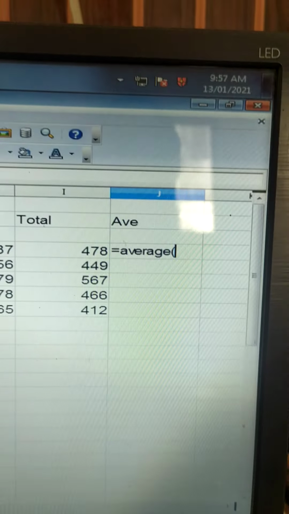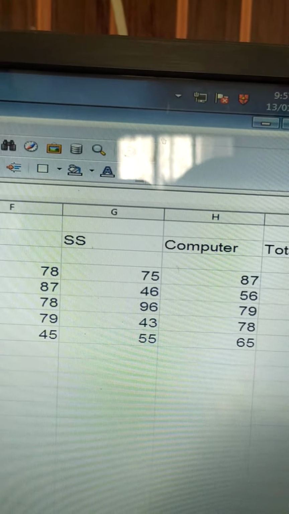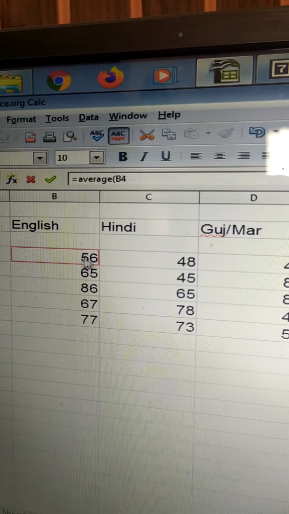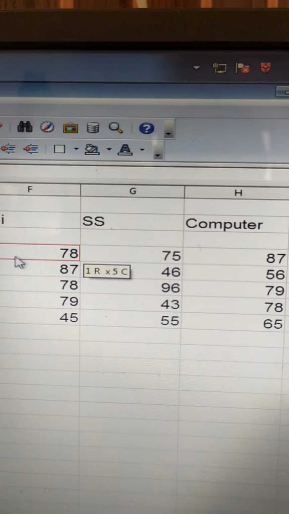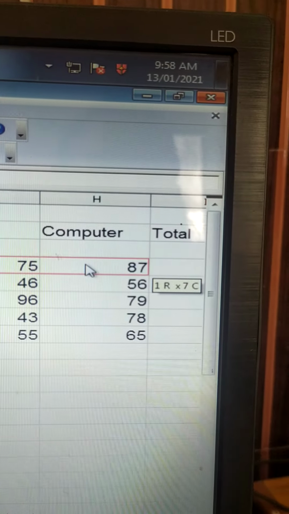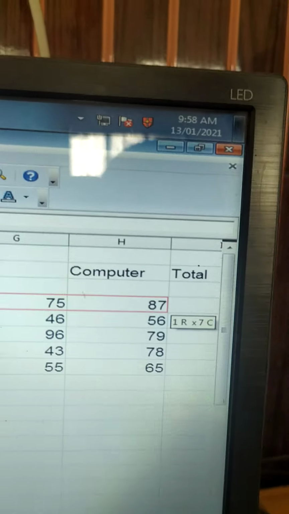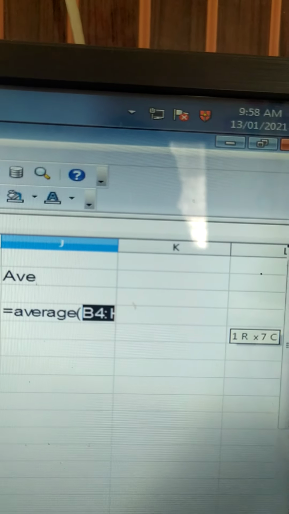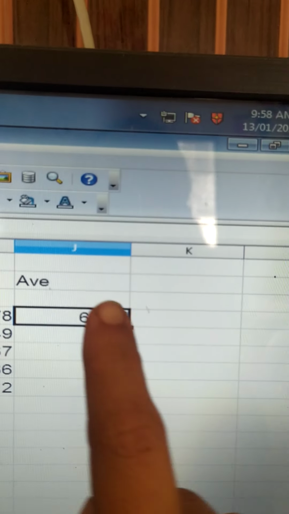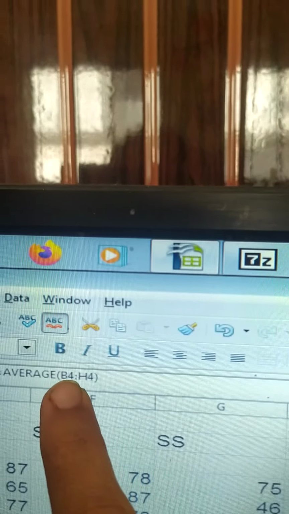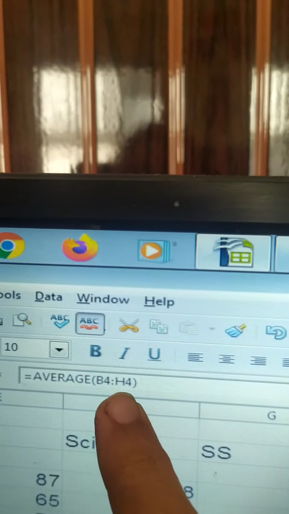Again here you will have to select the first cell till the last cell. See, English मैंने select किया, click and drag till computer, and then just click on enter. अपने आप यहाँ पे average आ जाएगा. That is 68.29, equal to average B4 to H4.